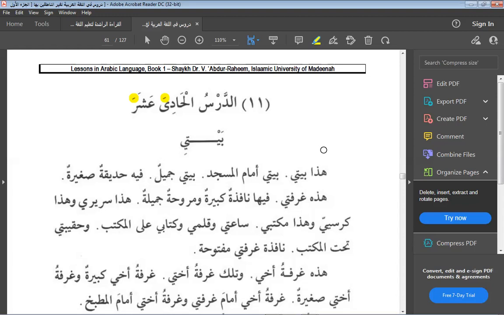So when you want to say the 11th hour, as-sa'atu al-hadiyata ashara. As-sa'atu. Aywa. Ihda ashar, the ihda is feminine. The ihda is the feminine of ahada. So if I say ihda ashar, I mean 11, but not as an adjective.